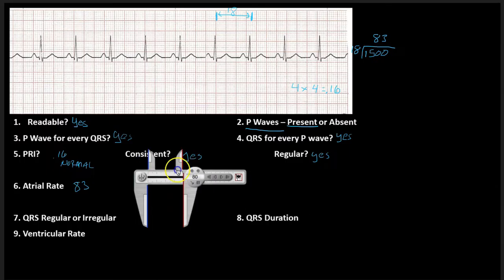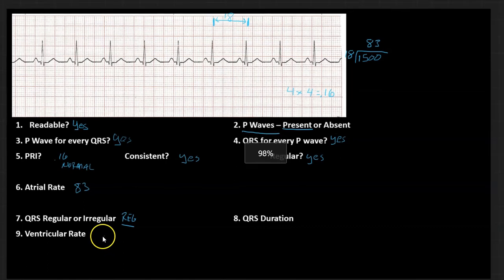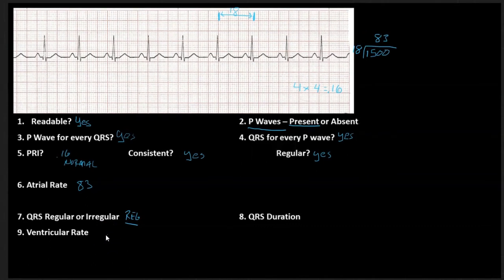And if it's regular and it fell right in line with what my P waves were, this tells me that my QRS is regular. Okay, and my QRS duration, I have to figure that out, but my ventricular rate is going to be the same